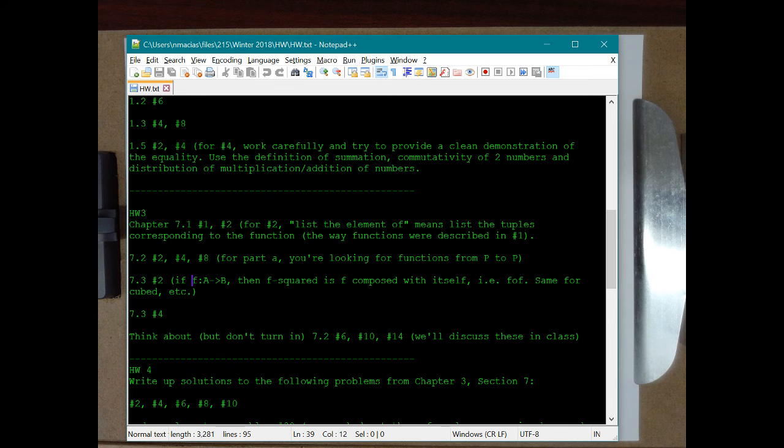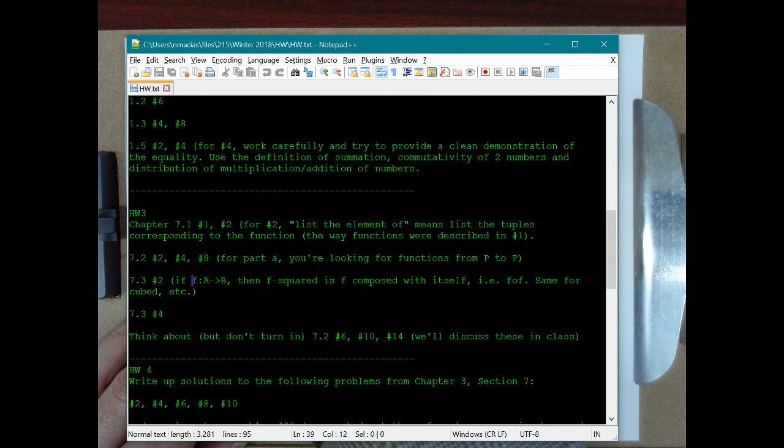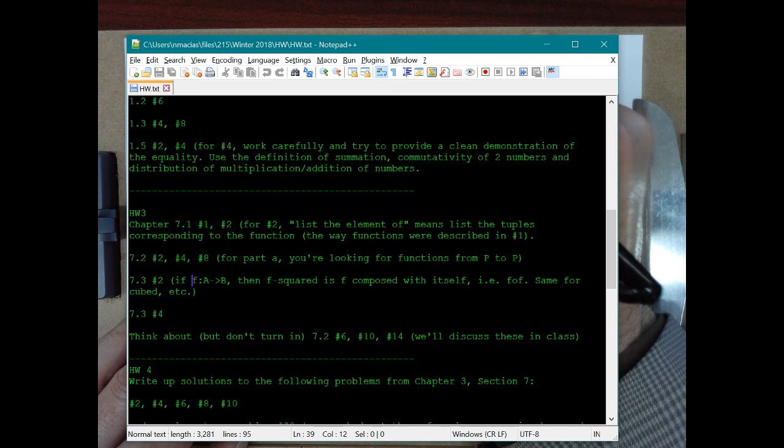All right, and 7.1, 1 and 2, so which of the following are functions? Characteristic functions. So characteristic functions we talked about. I don't know what this thing does. Let's look at it. So we got two sets, and